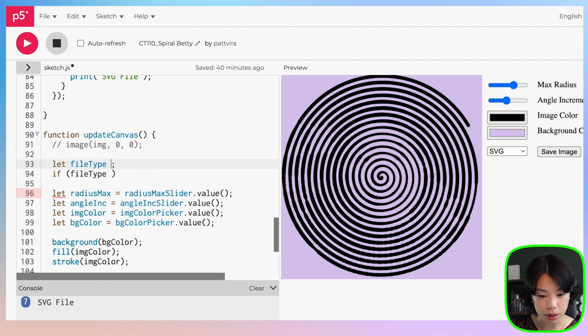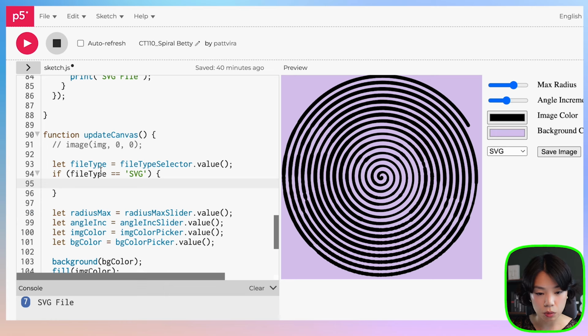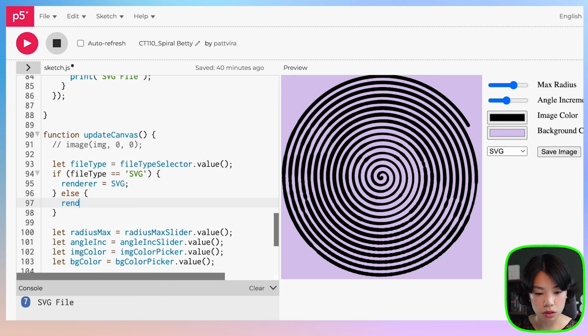It is going to be file type selector dot value. And if file type is equal to SVG, then we want to set the render mode to SVG, and else we're going to set it to P2D, which